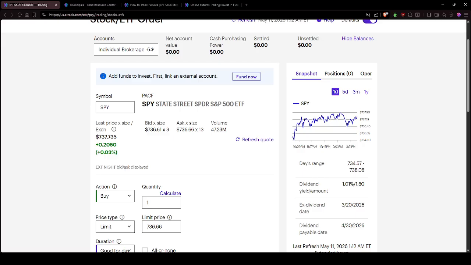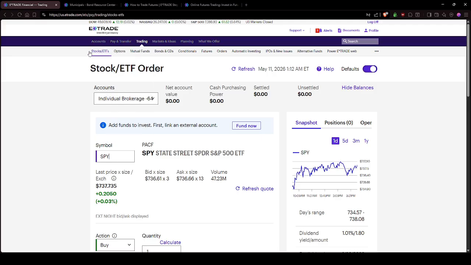Next, you will need to find the VTSAX fund. To do this, navigate to the investment section of ETrade. You can use the search bar at the top of the page. Simply type in VTSAX and select the fund from the results. This mutual fund is the Vanguard Total Stock Market Index Fund and is known for its low expense ratio and